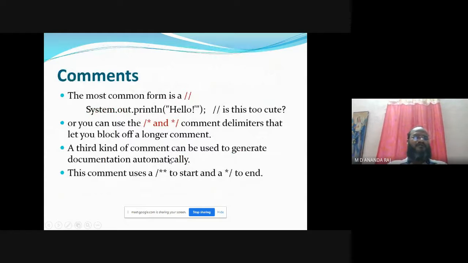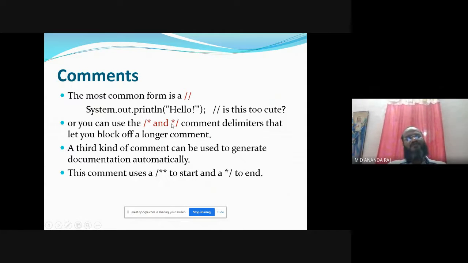And comments: we can use comment lines. There are three types of comments. The single line comment is a double slash, which means the compiler will not consider these lines for compilation. For multiple lines you can use slash star, then multiple lines of comments.